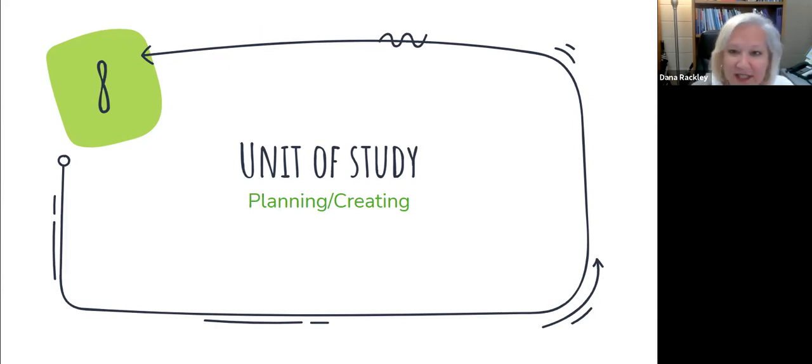It definitely takes a lot of teamwork to work with your team, and very deep discussions as to, you know, well, I think this one's essential. I think this one's essential. So I've sat in on some very detailed conversations in regards to that. So any questions about essential standards or targets? Okay, then let's go on to unit of study.